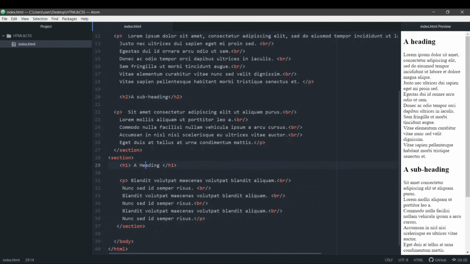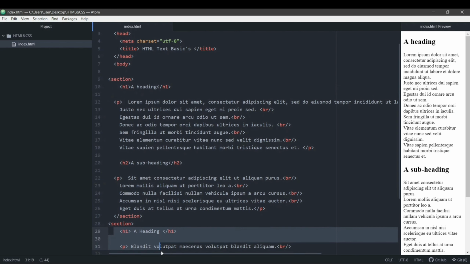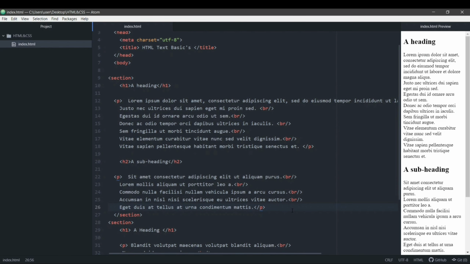So suppose these two paragraphs are similar content, this section tag will group them together. A section tag should typically contain a heading. These tags do not really change the visible appearance of the page, but now our browser recognizes that two groups of information are separate. So this section is different, and then this section is different. With the help of the section tag, our browser can easily recognize this.